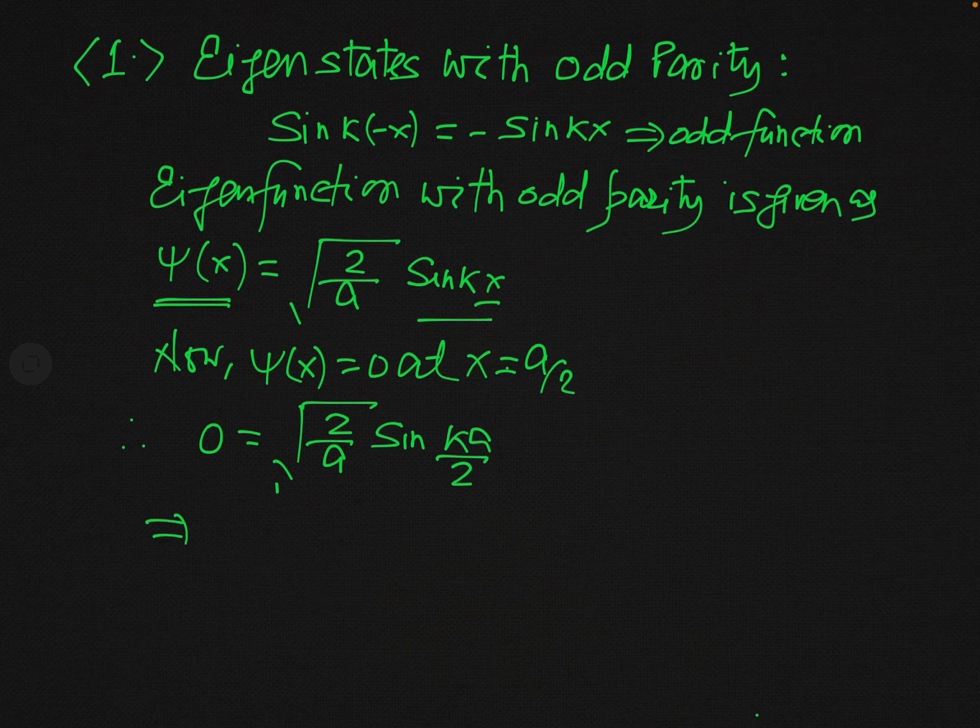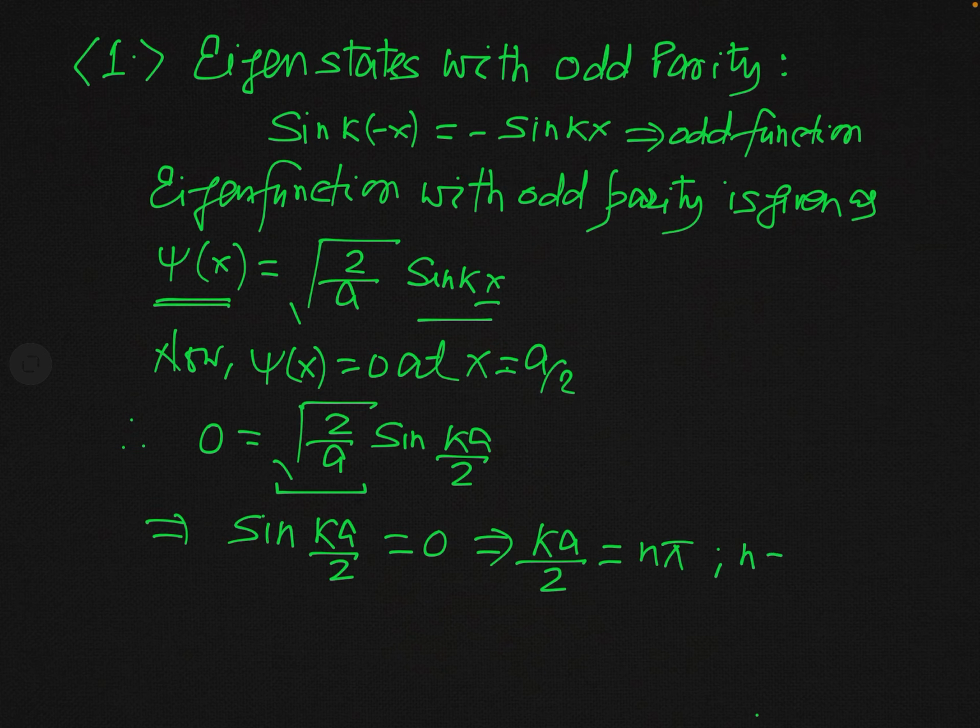Now as root over 2 by a is not 0, sine ka over 2 is equal to 0. And if sine ka over 2 is 0, what will be the general value of ka over 2? This general value is equal to n pi, where n will be equal to 1, 2, 3